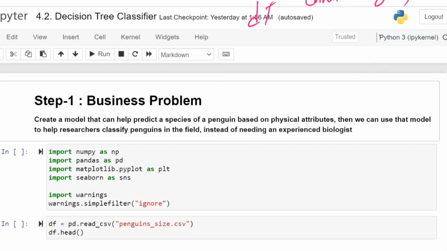What is the criterion? Both of them I am going to keep in the hyperparameter tuning, GridSearchCV. In GridSearchCV, I will take criterion equal to Gini and entropy. So I will try with Gini, and I will try with entropy also. Is that clear? So in the decision tree, the important thing is the criterion. There you are going to form only a single decision tree. The criterion is the important hyperparameter for decision trees.